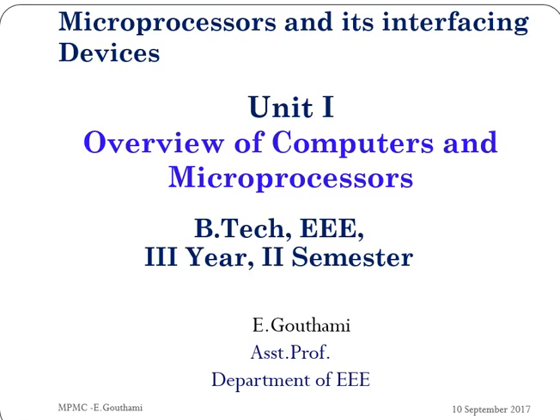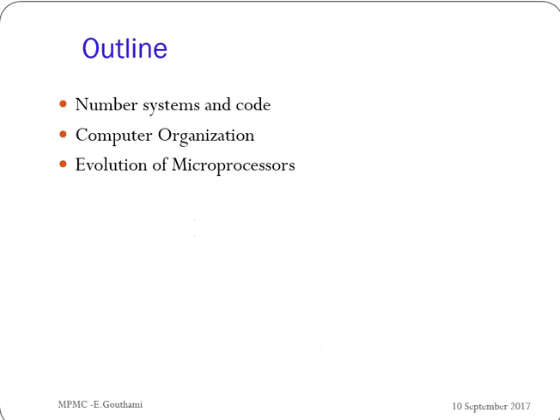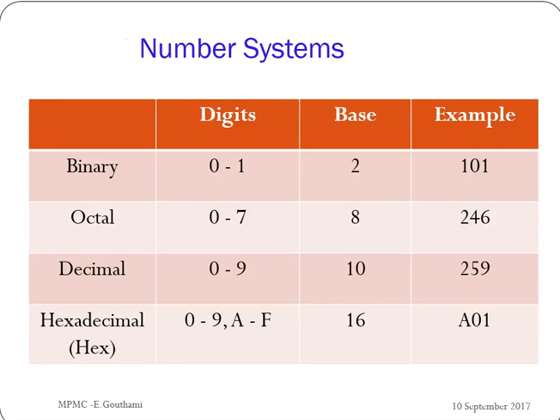To know more about this particular course, let us go through the overview of computers and microprocessors. In the overview, let us undergo the number systems and its codes, basic computer organization, and evolution of microprocessors. In the process of number systems, here we have binary number system, octal number system, decimal number system, and hexadecimal